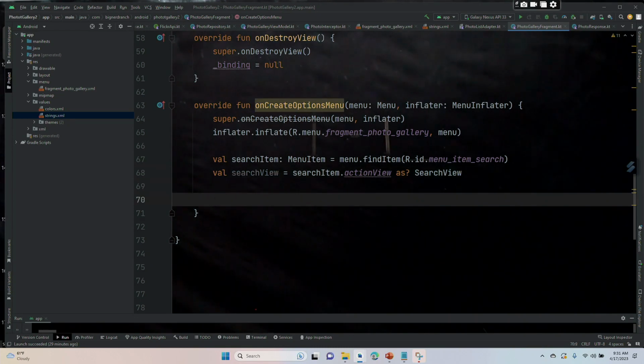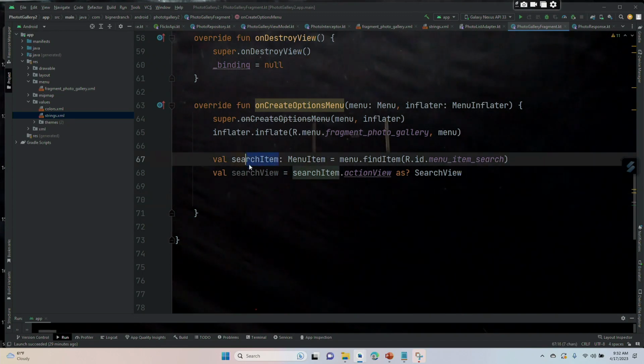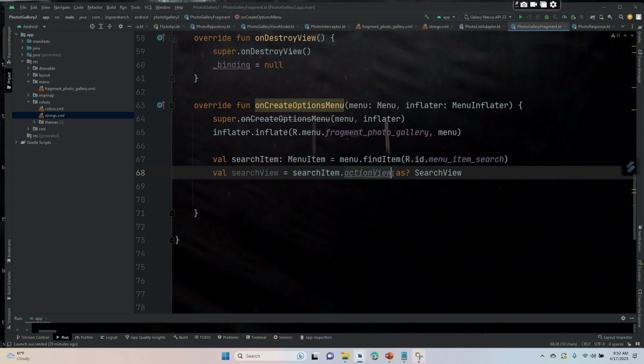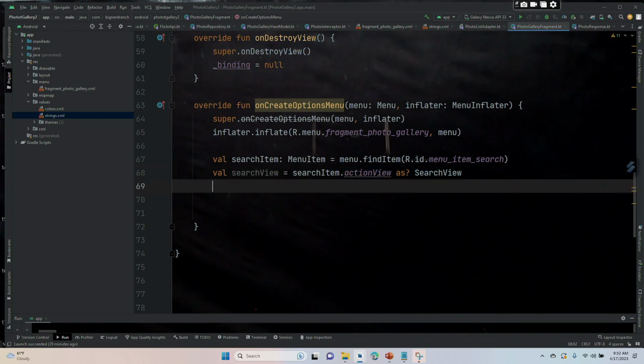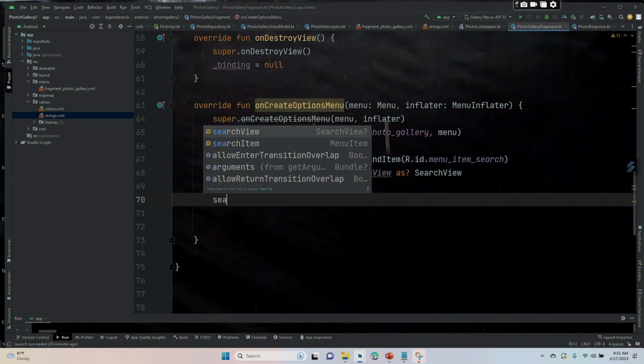All right, so I pulled the menu item from the menu and saved it as searchItem. For searchView, I take that searchItem and I make it an action view of type SearchView using a delegate, nullable. Now that I have a reference to searchView, we're going to go and use searchView